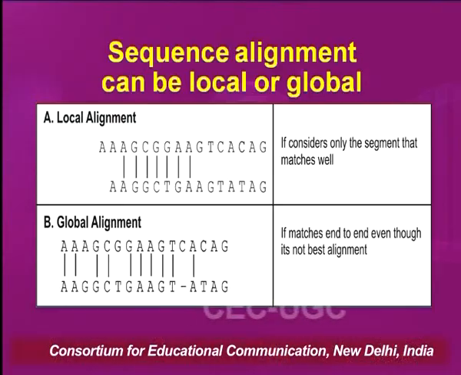So again, a small example. In the first one, we're going for local alignment. We are not bothered about the rest of the sequence. We just have seen that a portion of the sequence is aligned very well, right? So we consider the local alignment. But in the second segment, B, we are talking about the optimal alignment, and here we have tried to extend this alignment to the complete sequence. So this is how these two differ, and in the rest of the lecture we will be talking about local and global alignment again and again. So we must have a clear concept about local and global alignment.